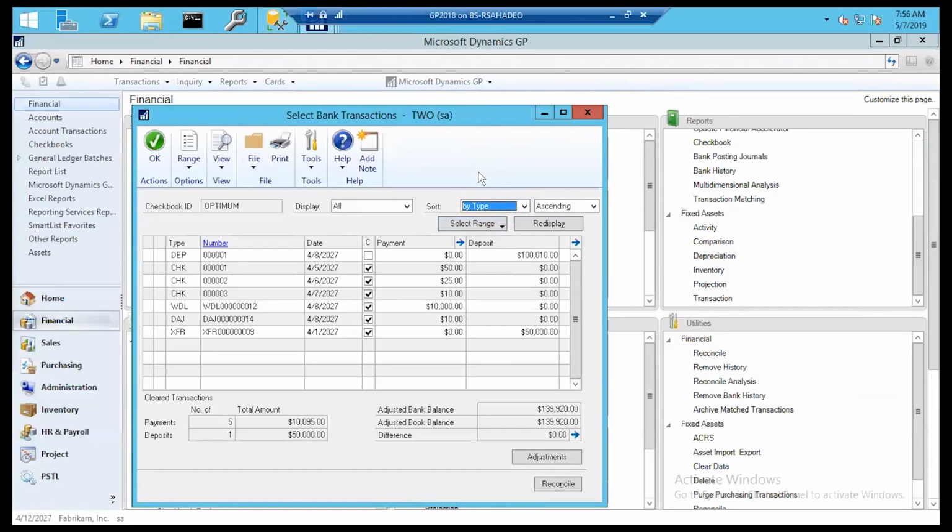Also to mention, available within GP is the electronic bank reconcile feature, which basically does what I have done here, checking off. But what it allows you to do is download your bank statement from your bank and upload it to your bank reconcile module, and the system does that matching for you, right? So just so you know, that's the electronic bank reconcile feature, and if you want to know more about that,